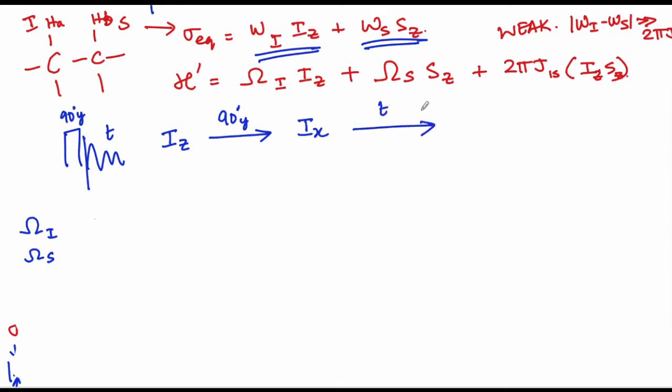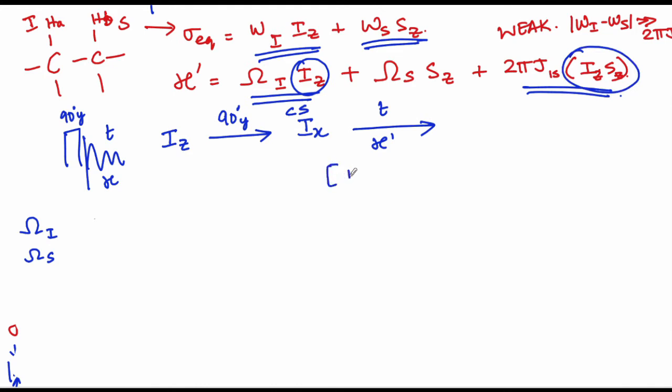You have a time evolution that has the Hamiltonian consisting of both chemical shift and the scalar coupling part. So now the question comes, which do you apply first? Do you first apply the chemical shift followed by scalar coupling, or scalar coupling followed by the chemical shift? The answer is pretty easy here, especially in this case, that our Hamiltonian only has terms IZ and IZSZ. So therefore, you have to calculate the commutator between IZ and IZSZ to understand in which order you have to apply these. I'm sure you would remember from the basic lectures that if the commutator is 0, then it doesn't matter in which order you apply them. So that's the same question we are asking here.